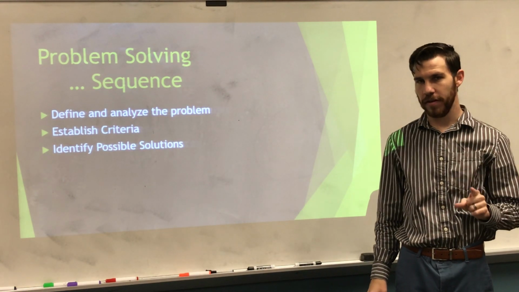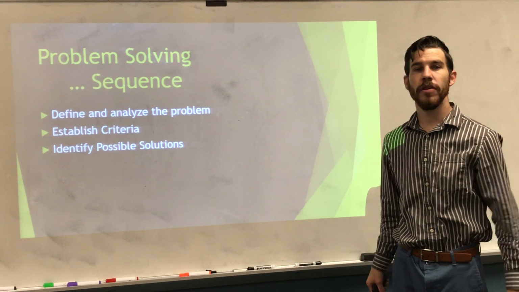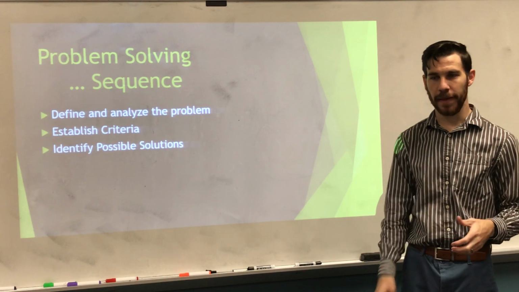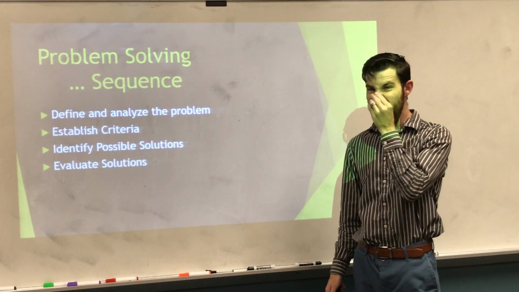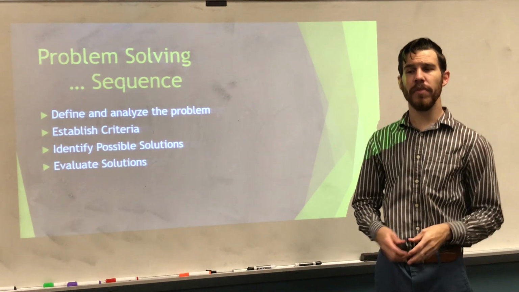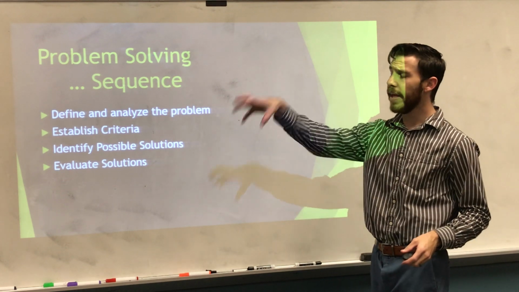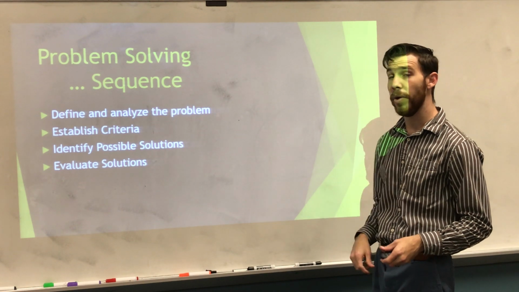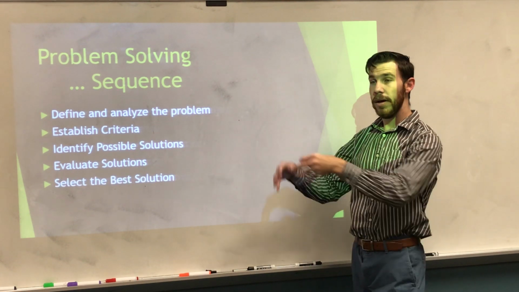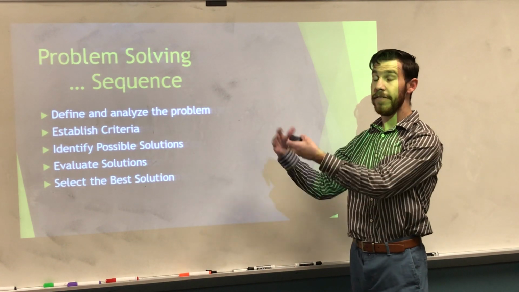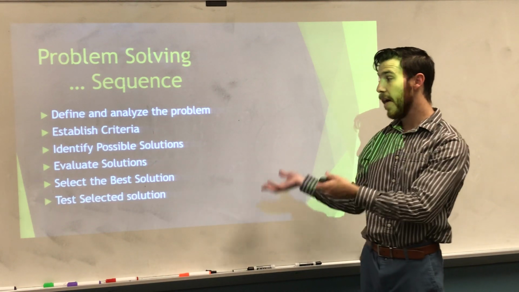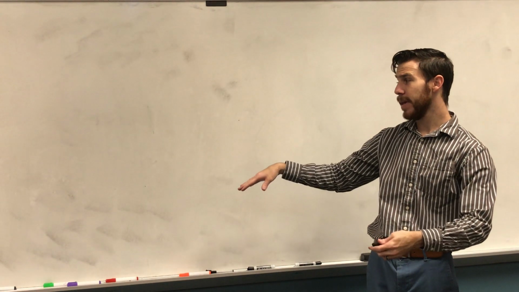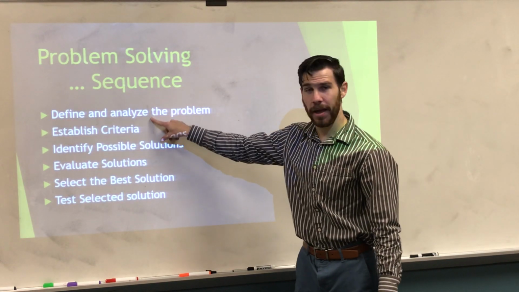And you want to make sure that you identify all the possible solutions. There's not just one solution to a lot of problems. There's multiple. So make sure you brainstorm, have many ideas, combine ideas, talk about that, and then identify it, okay? And then you want to evaluate the solution. You want to look at it and say, okay, is this solving the problem? Yes. And if it does, you can move forward. If not, you want to select it, and if it's working, great. If it's not, then you want to make sure that you're testing it, see why it's not working, and then maybe if it doesn't work, move back up here.